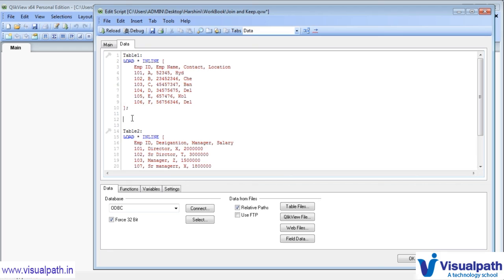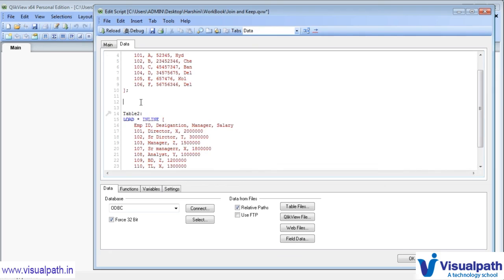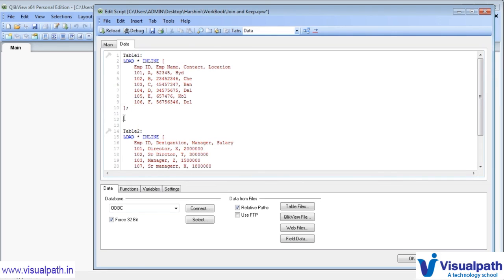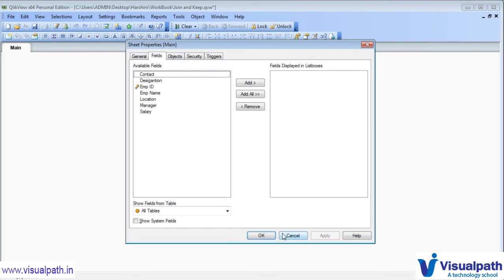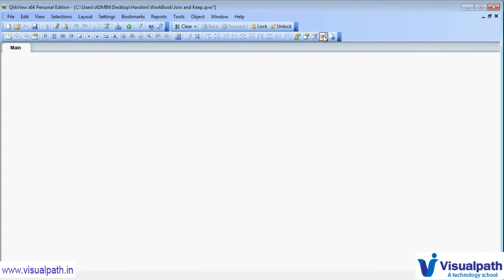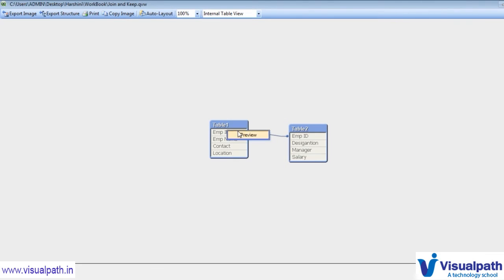So we can use outer join. Outer join is impactful because it will join the two different tables into a single table, but outer keep is not required, because if you don't do anything, that is also working as an outer keep only. That's why we do not use it generally. So now I'll save and reload, and it will have the same thing, which is the same as outer keep.